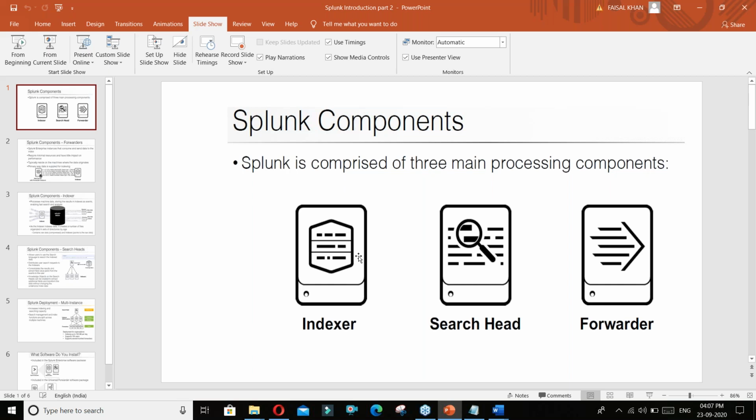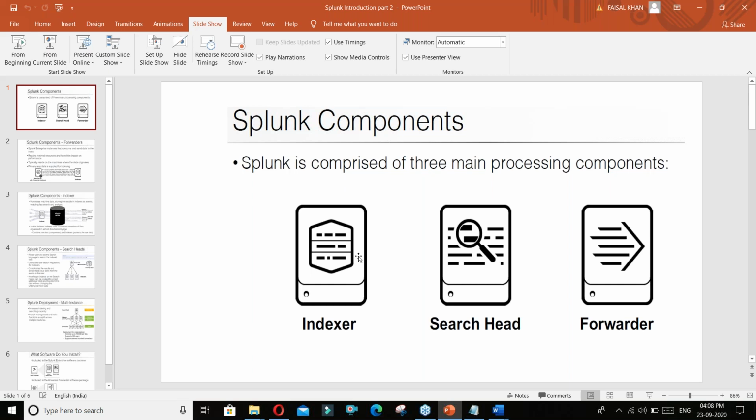Then you will learn how to maintain a search head, and what all configuration files you will be touching when you are making an indexer or a search head or a forwarder. Then you will be learning more about clustering. Clustering can happen at the indexer layer as well as at the search head layer.